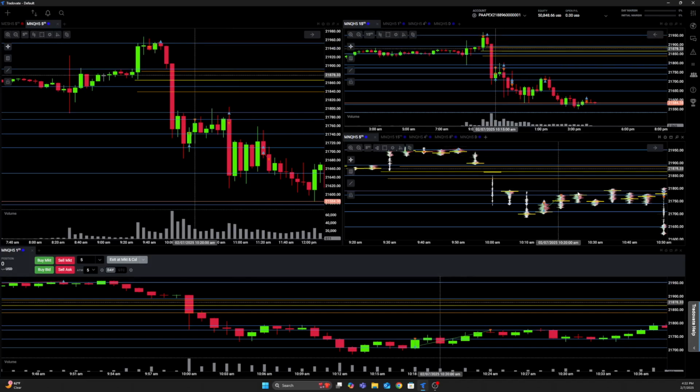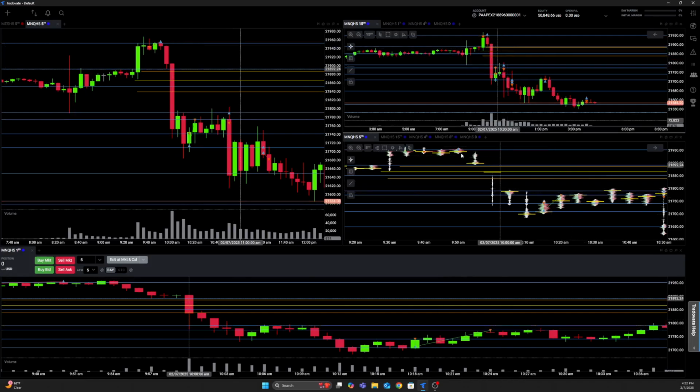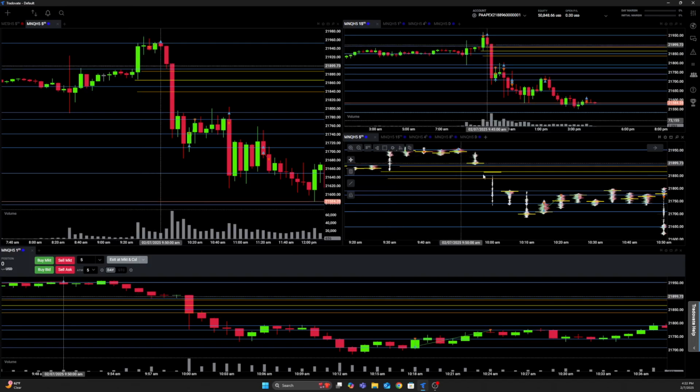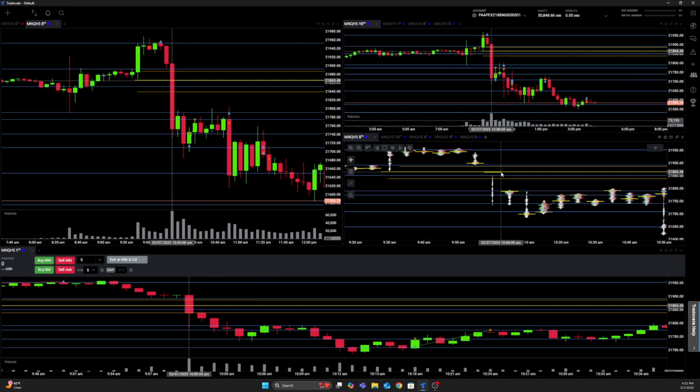One thing that I was watching, when I was talking about this volume shelf here and how price wanted to come back and find that liquidity, I saw the same thing here. It was two things lining up. It was the overnight point of control, and then it was also the point of control for that 5 minute candle that had a massive move down. That's a lot of words just to say that there's a ton of volume sitting right there.